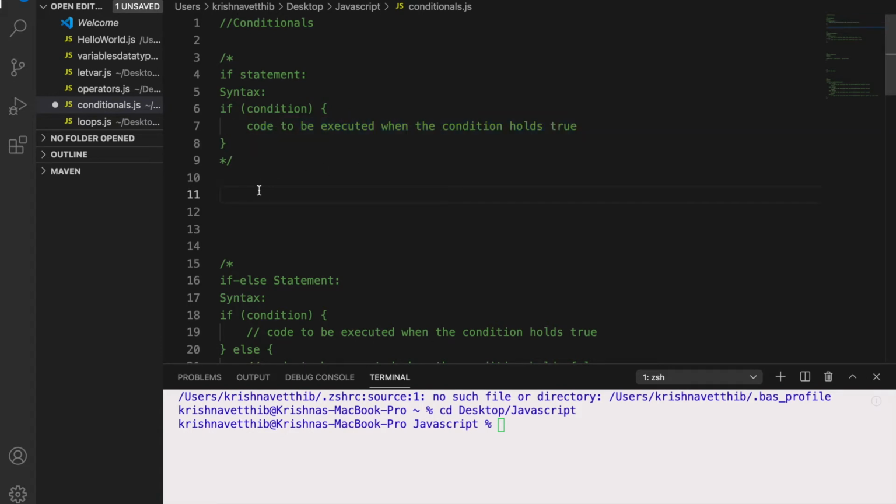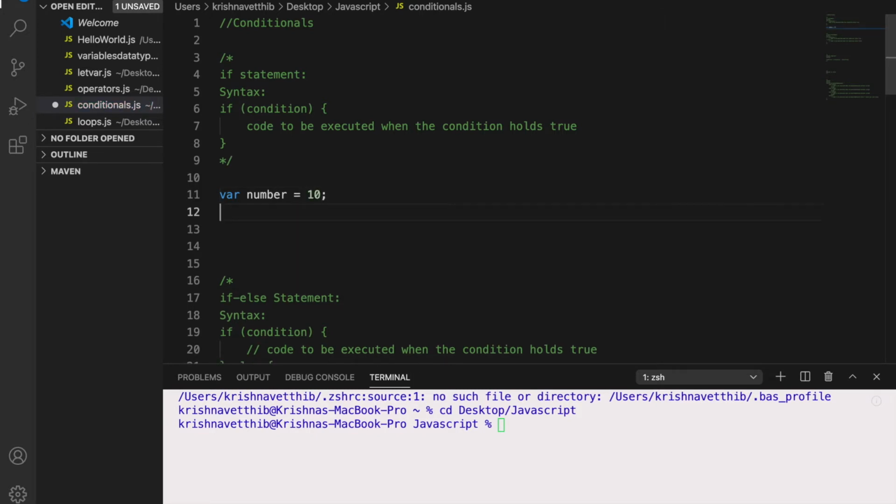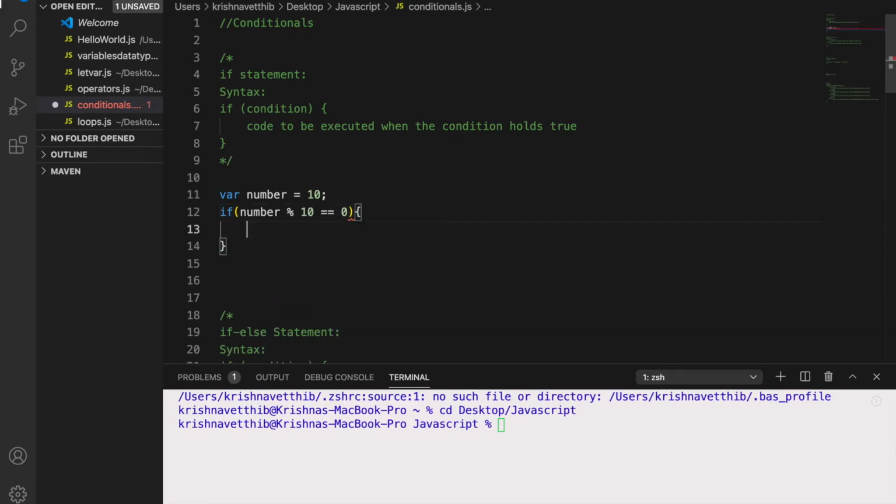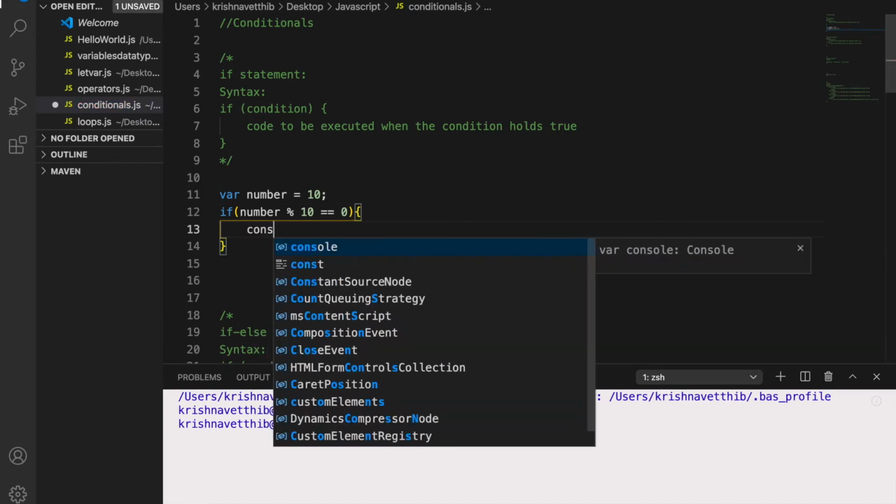Let me write one example. Let us take a variable, number equals 10. Now let me write code inside this if: if number % 10 == 0, then I want to enter the block.